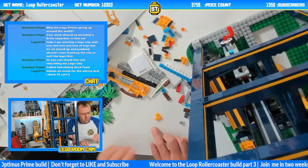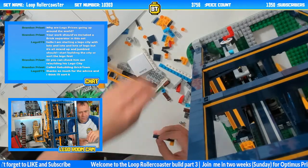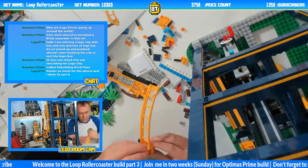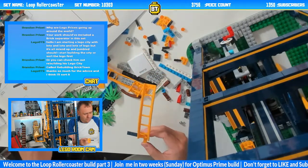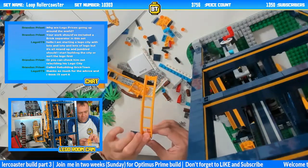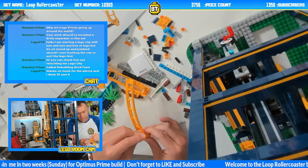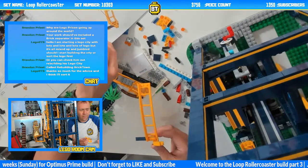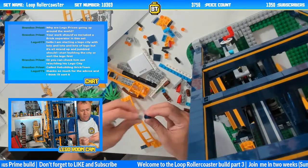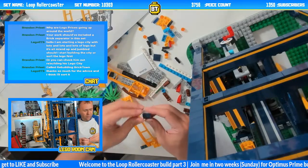So we start with a corner plate, 1x6 onto that. And we've got a 1x2 underneath. Comes our coaster track piece. Quite clever to use the roller coaster track to make the roof. Then we stick a 1x2 plate in the top. Have another corner plate on top of that, secure it into position. And this time we have another arch piece to go on the end like this. We get another 1x2, 2x2 with the 2 studs, and a grill piece goes on top. We stick a 1x2 plate on, and again we stick another tile